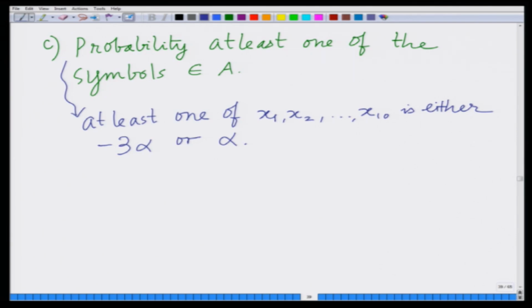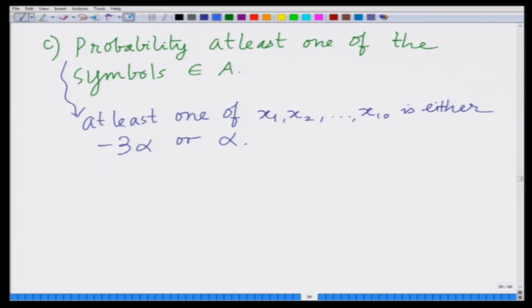The probability that at least one belongs to A is basically 1 minus the probability that none of them belong to A. And we have already computed in the previous part the probability that none of them belong to A, and therefore,